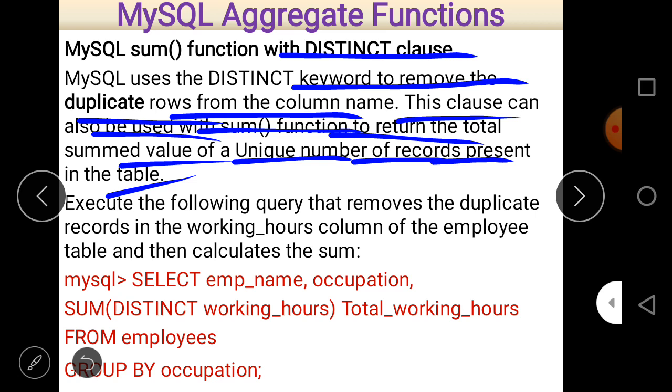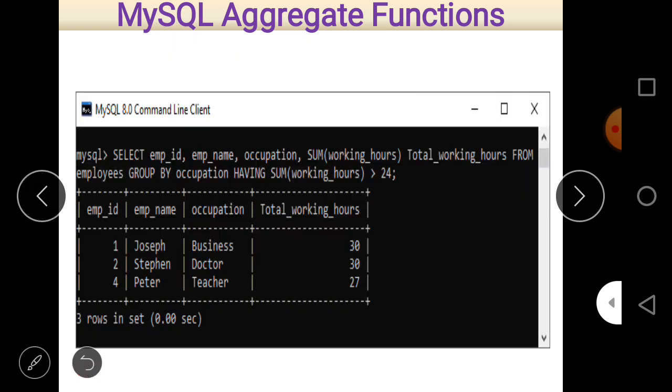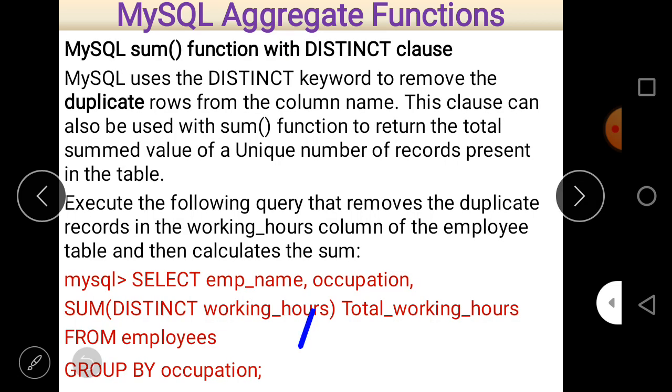So we have to write the DISTINCT clause within the SUM function here, before the column name within parentheses. The rest is the same as I mentioned in the previous question, and GROUP BY occupation, the condition is also given, I think. Okay, let us see. The condition may or may not be given. It depends on the question. So if given, just write it after the GROUP BY clause. If not given, the question is over here.